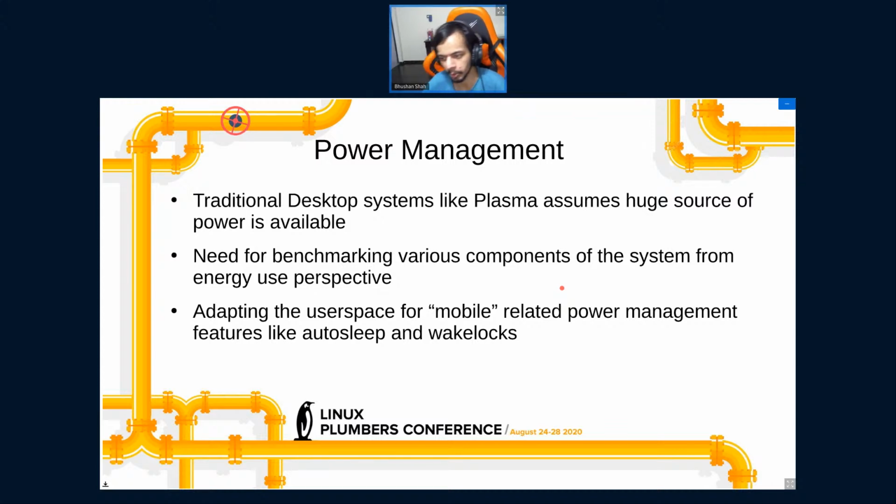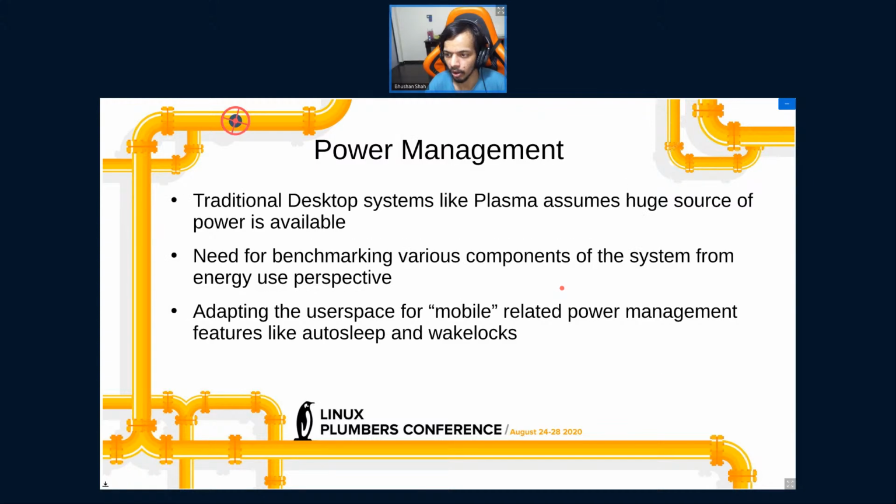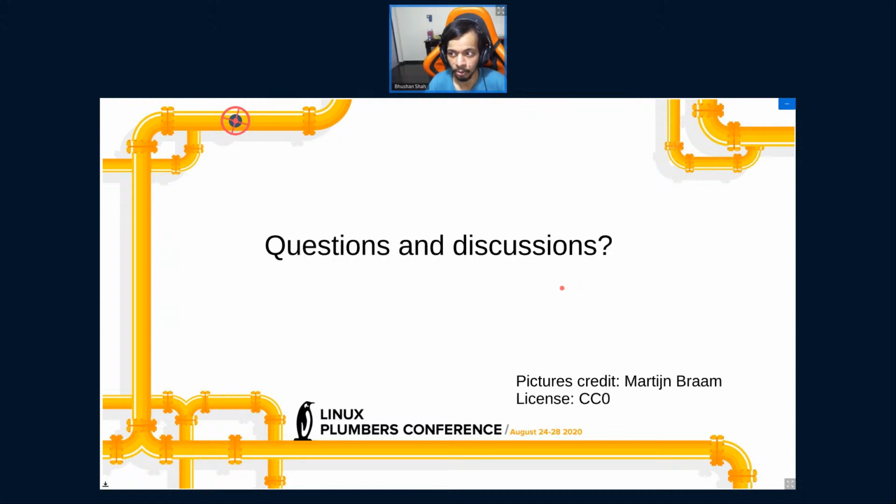So we need to adapt our user space for these features. And I think that's pretty much it for my presentation. I would love any suggestions or questions about how we can improve Plasma Mobile.